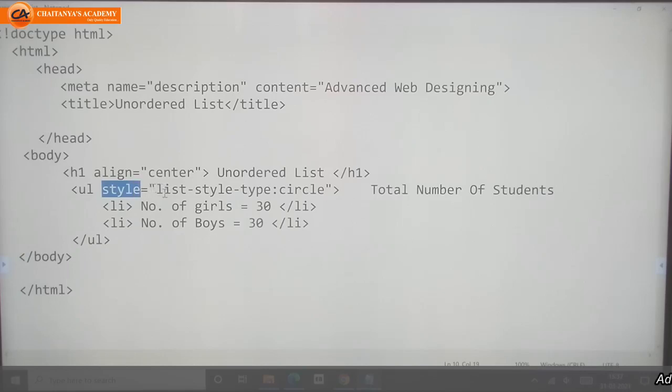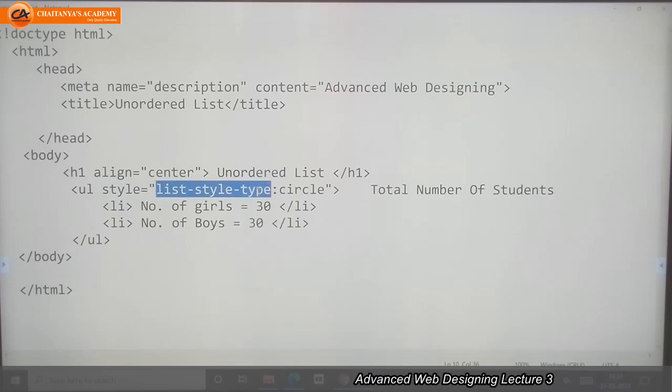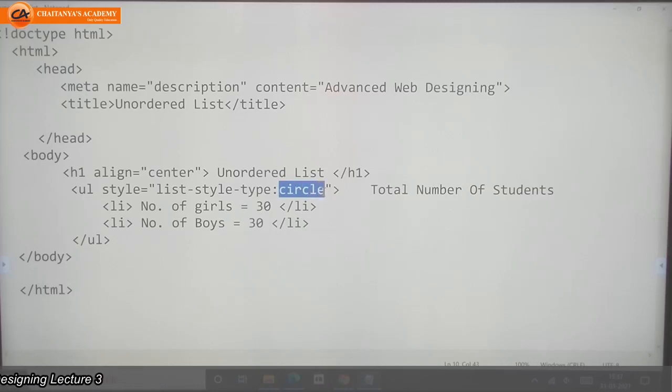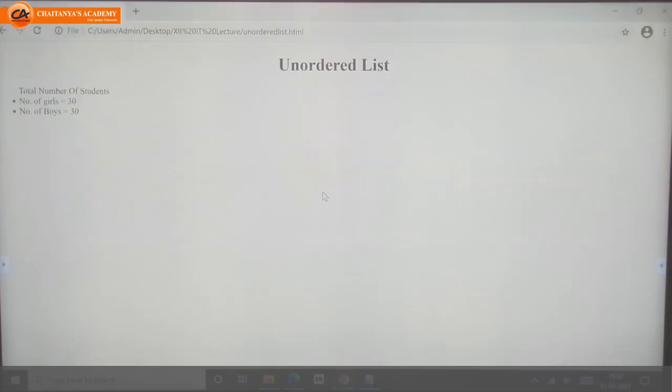Inside that, the property list-style-type equals either circle, square, or disc. Square: so the symbol comes in square format.